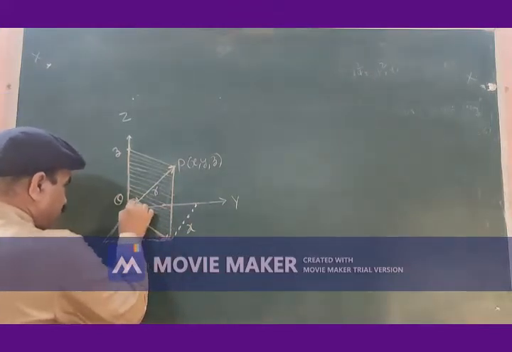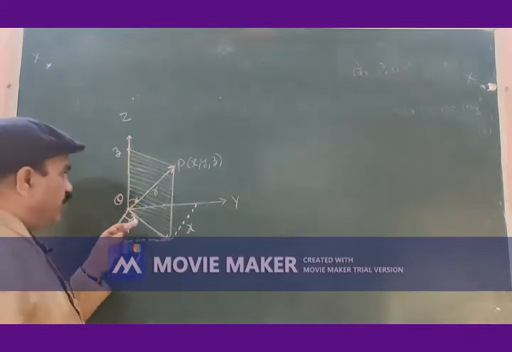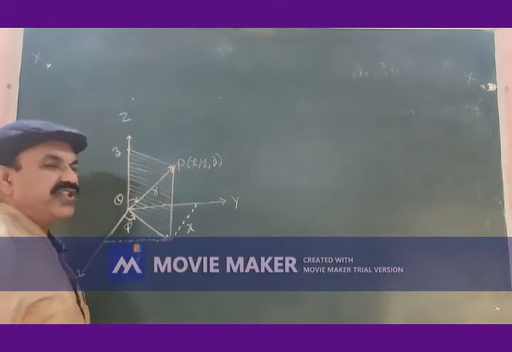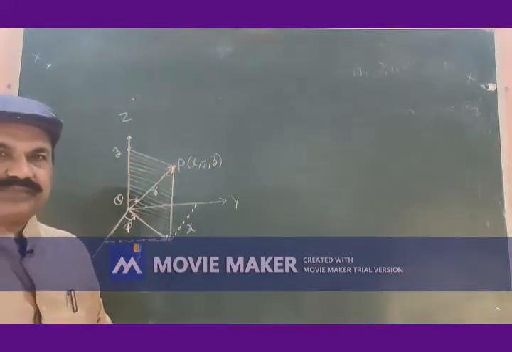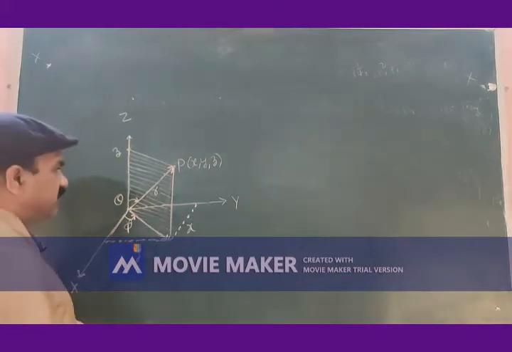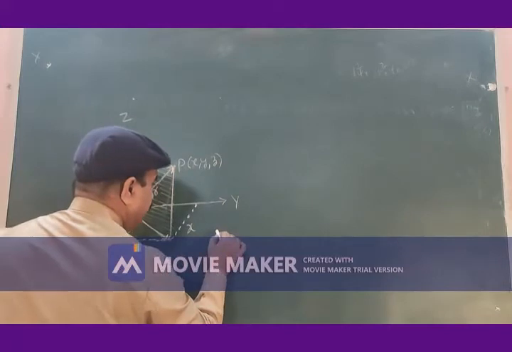If this is origin O, this is the position vector of point P,